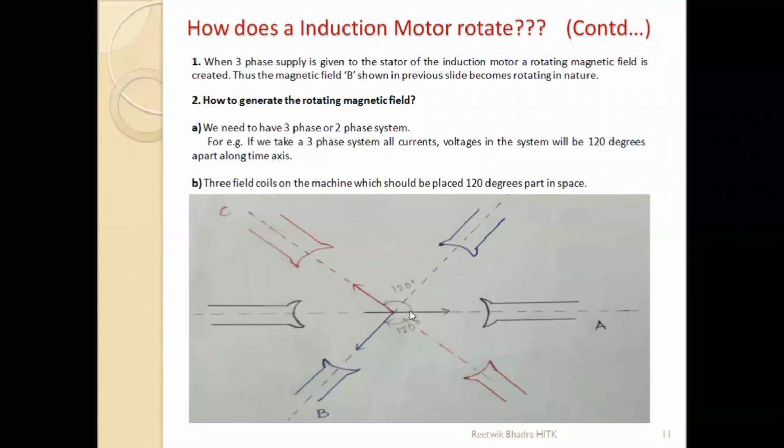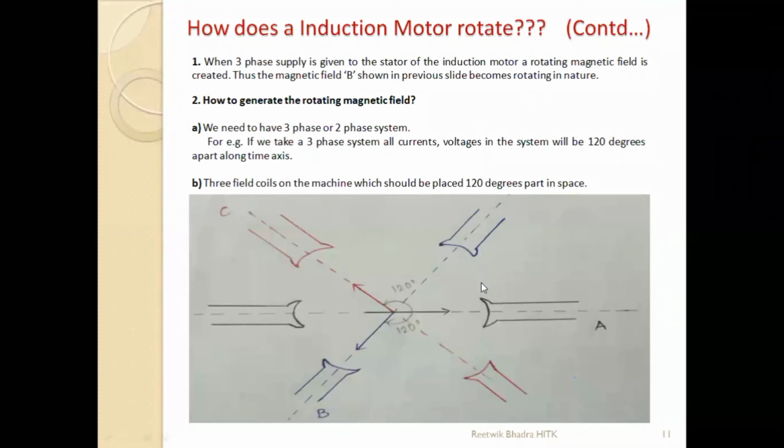Now, this is B phase. The gap between this is 120 degrees. Again, from B to C, the gap is 120 degrees. From this side, between A and C is 120 degrees. So, two conditions. One is that your supply should be 120 degrees phase apart, or 90 degrees, maybe a three-phase or two-phase system, which we are giving already. To this pole we are giving A phase, to this blue pole we are giving B phase supply, to this pole we are giving C phase supply. So the supply is already three-phase.